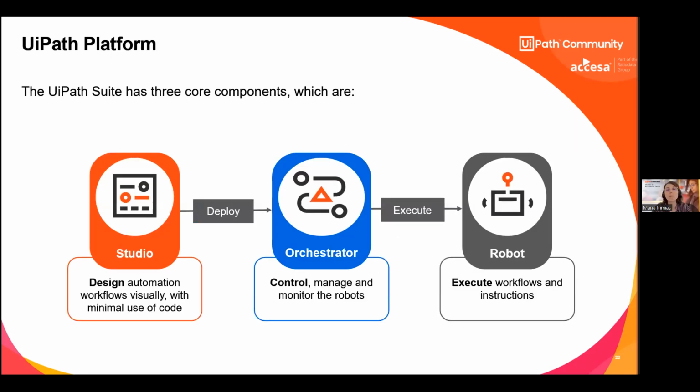As core components of UiPath, from a developer's perspective, you will have UiPath Studio, which is the advanced tool that enables you to design the automation processes. It is a tool which allows you to build them in a visual manner through diagrams. You then have the Orchestrator, which is a web manager that allows you to manage all the automations and then to execute them with the robots. I will go into more detail in the following steps.